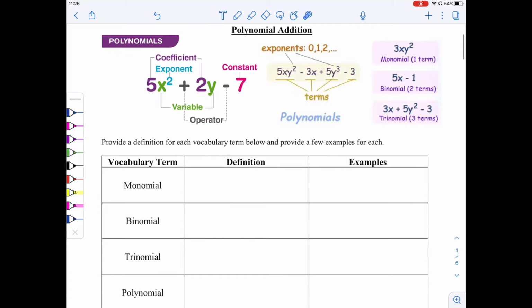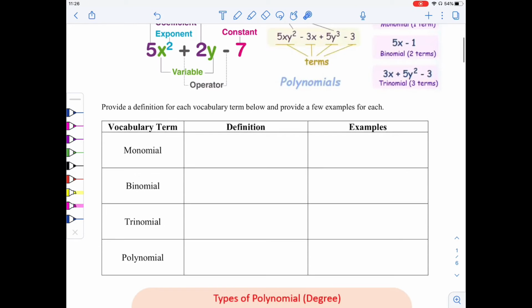And we have different types of polynomials, like monomial. Mono is 1, right? So one term. Binomial, you have 2 different terms. Trinomial, you have 3 different terms. They're all separated by either addition or subtraction, right? So monomial